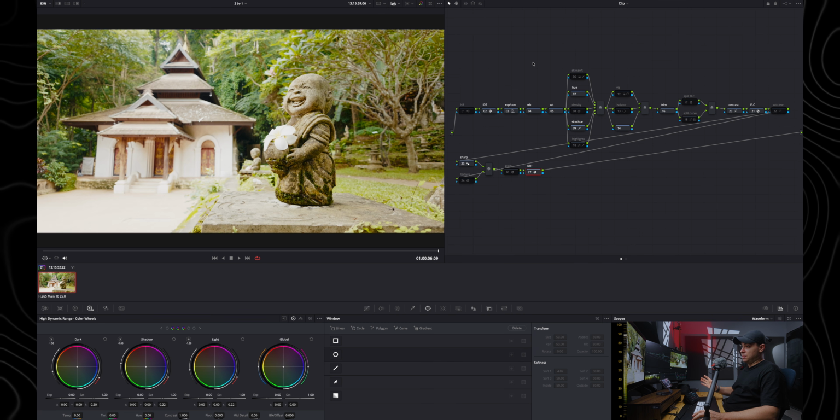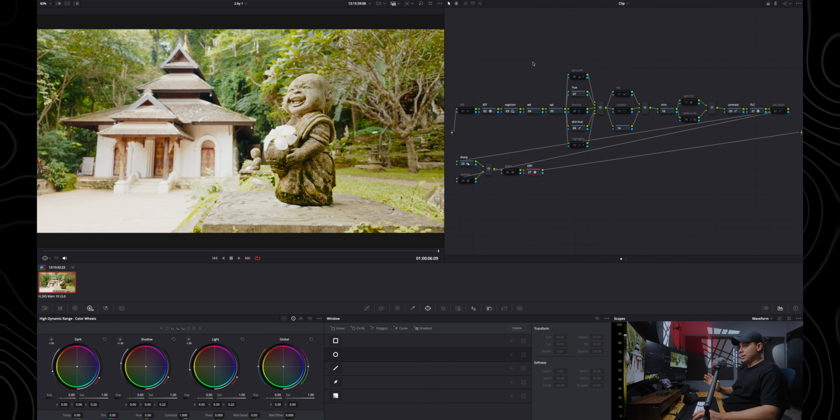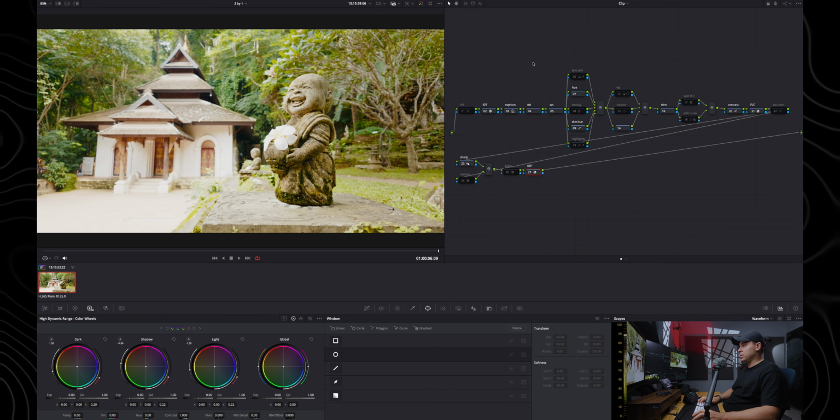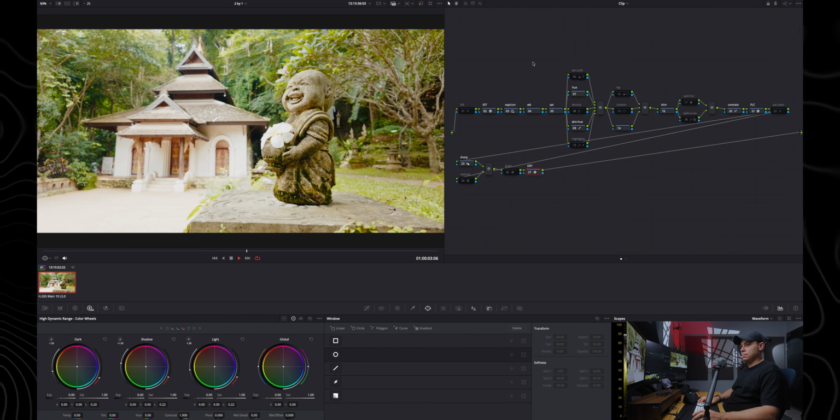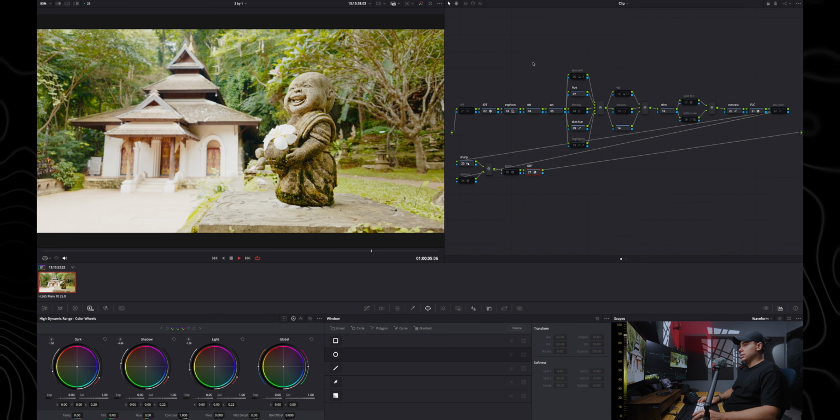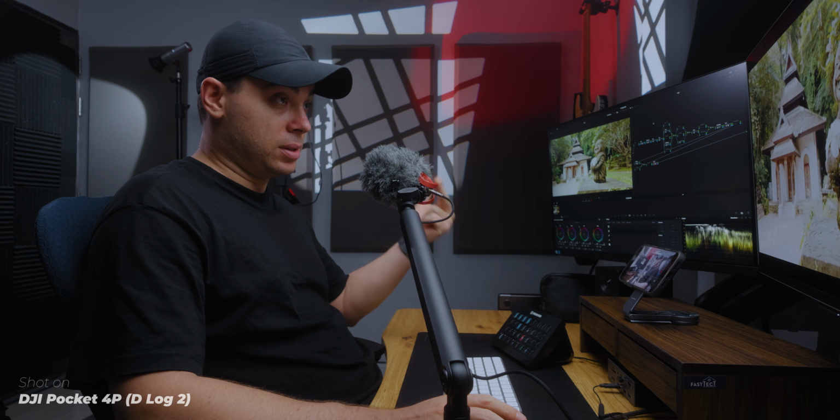All right, first of all, as you can see, this shot looks really bright, and that's because I on purpose exposed this shot to the right to get the cleanest image possible. If I play it back, there is barely any noise. I can barely see any noise in this shot. So if you want to get the cleanest image possible from the Pocket 4P and you are using ISO 1600 like myself to get the widest dynamic range, I would highly recommend exposing to the right